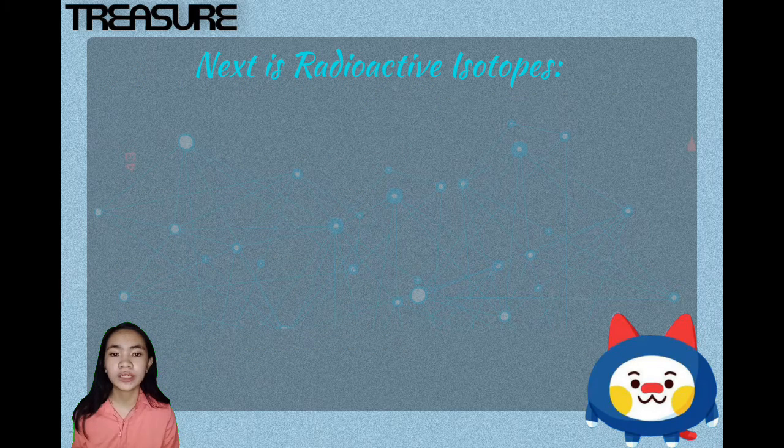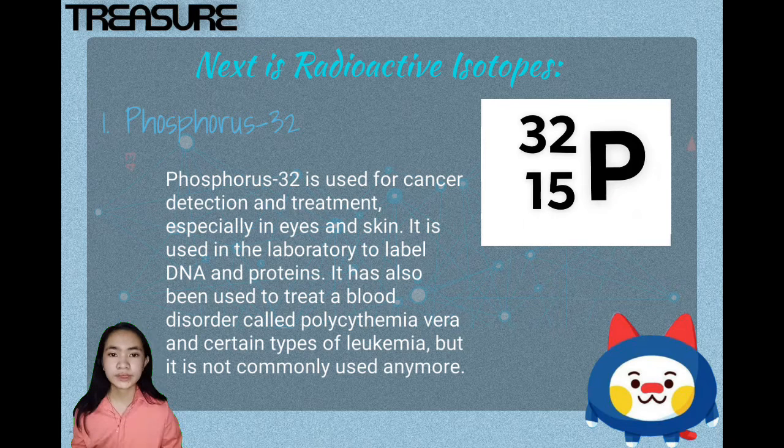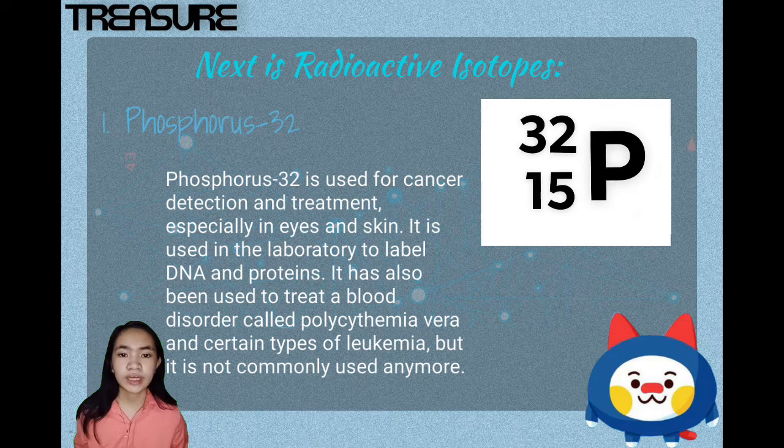Let's move on to radioactive isotopes. First in radioactive isotopes is phosphorus-32. Phosphorus-32 is used in cancer detection and treatment, especially in the eyes and skin. It is used in the laboratory to label DNA and proteins. It has been used to treat the blood disorder called polycythemia vera and certain types of leukemia, but is not commonly used